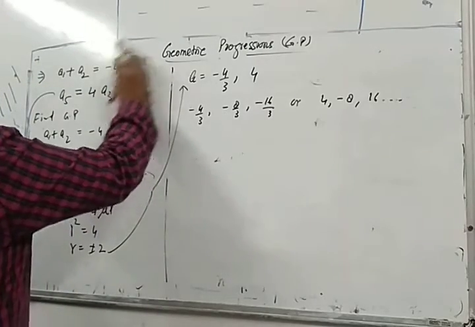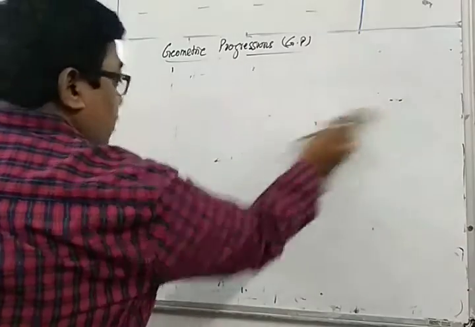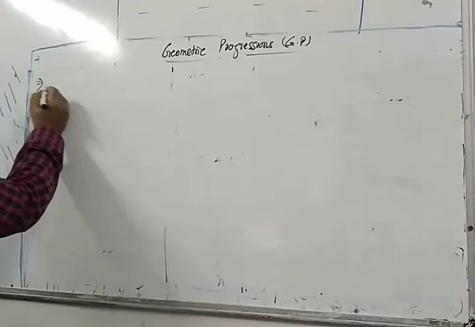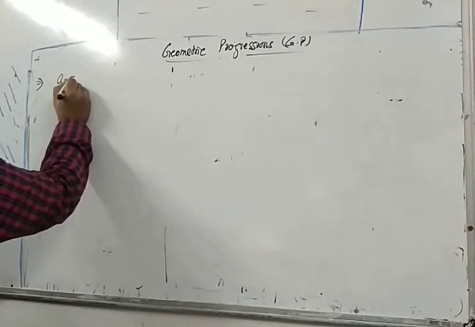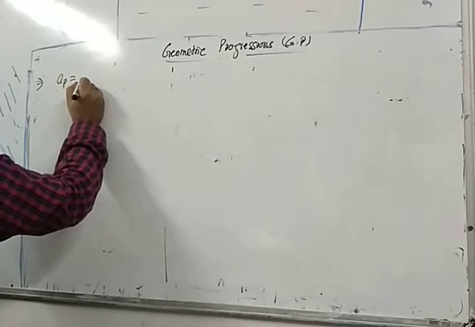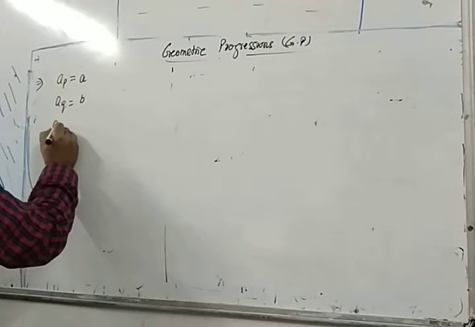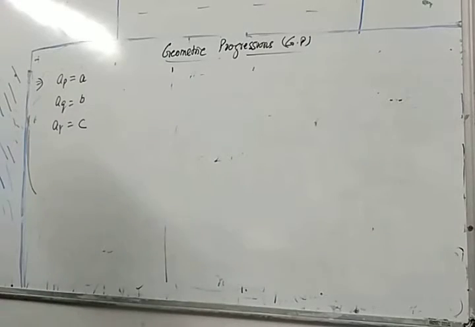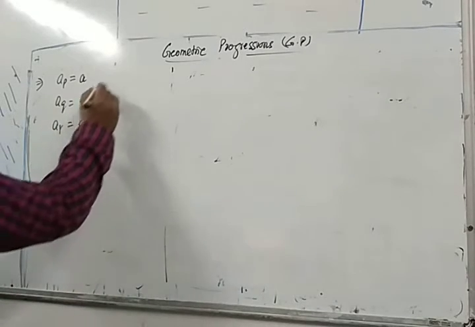One other interesting question we are going to solve. Let the Pth, Qth and Rth terms of a GP be a, b, c. A similar type of question we did already in AP also. The Pth term is small a, the Qth term is small b, and the Rth term is small c. Then prove that